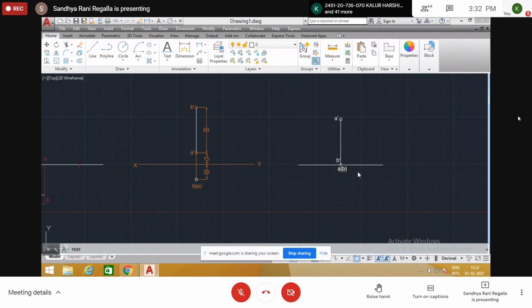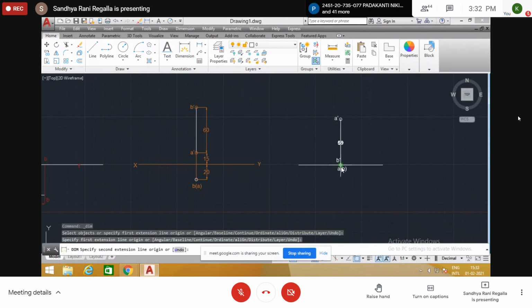A, B. That's all. Because it is in the VP, the top view AB is on XY. Right? This is the line XY and the dimension is only the length of the line. We get 60.